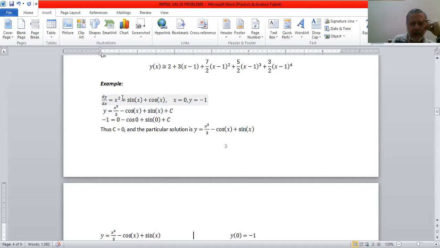जब मैं इसको इंटीग्रेट करूंगा, ये dy बाई dx से इंटीग्रेट करके y हासिल होगा, x स्क्वायर का इंटीग्रल, साइन का इंटीग्रल, कोसाइन का इंटीग्रल एंड एन इंटीग्रेशन कांस्टेंट। देन x इज इक्वल टू 0, y इज इक्वल टू -1, and we see that cos 0 is 1 होता है तो -1 is equal to -1 plus c, this means c is equal to 0 आ जाएगा, and the particular solution, this is the general solution, इसमें c की वैल्यू 0 रखेंगे तो पर्टिकुलर सोल्यूशन ये आ गया।